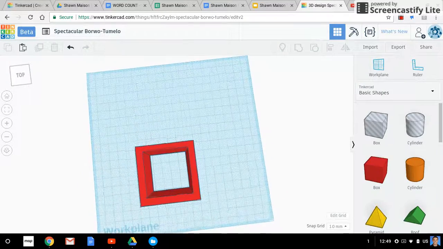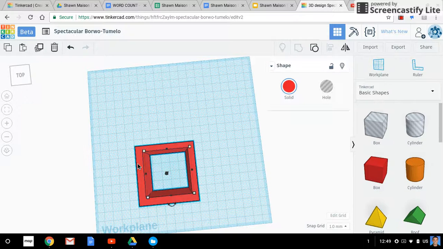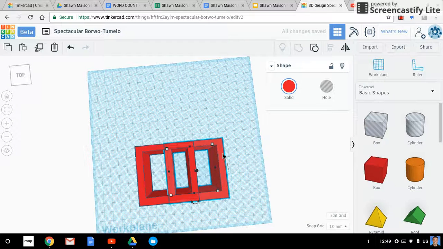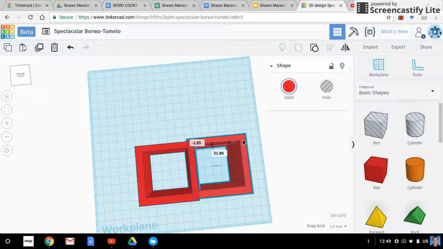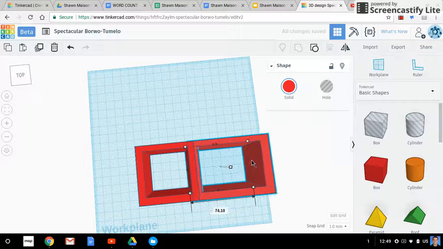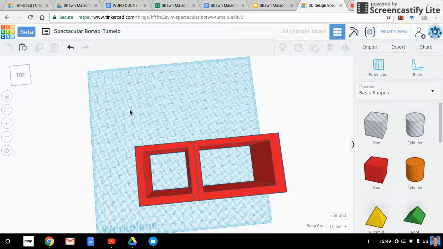So if you were creating rooms, I could actually just say, okay, that's one room. I'm going to create another room. I'm going to copy and paste a new room. And so now I've created a shape that I can copy and paste, and I could even combine walls, and I could make one room bigger than another if I really wanted to push that out. Now you can really see how the functionality of bringing these shapes together, grouping and ungrouping them, can help you